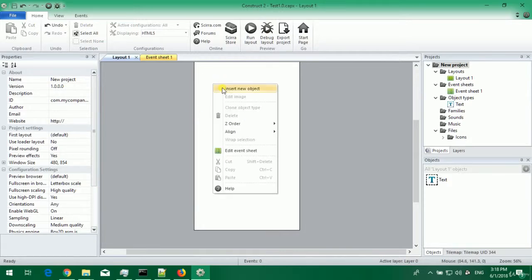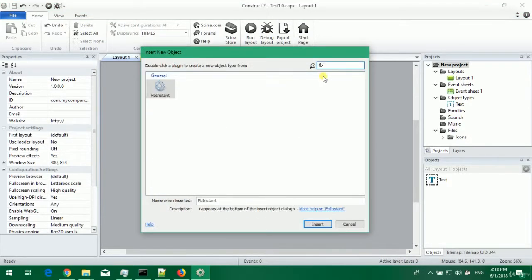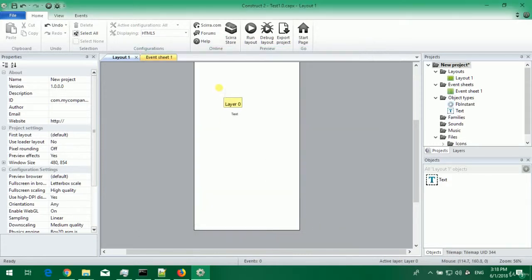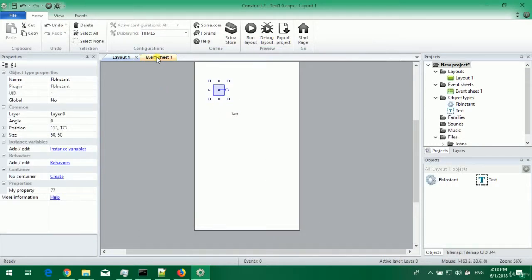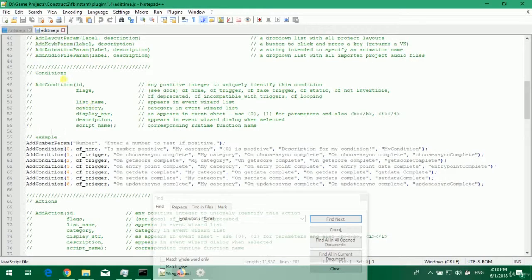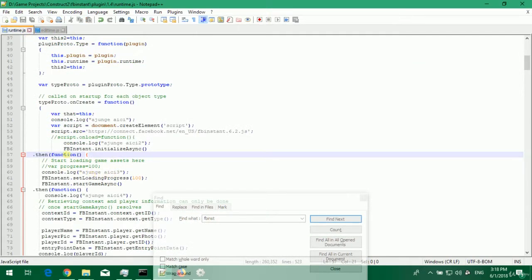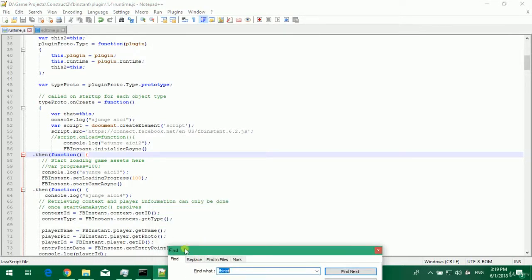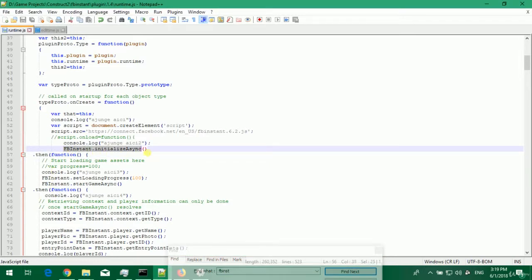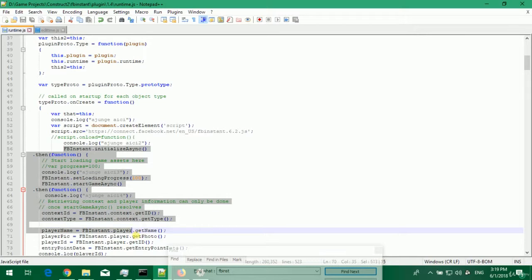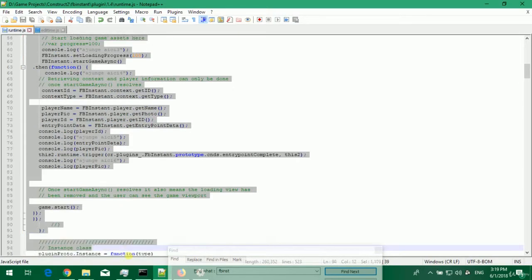Now inside the game we need to add the plugin FB Instant, add it to the game. The minimum requirements for a project to work is to have inside on create, this means when the game is loaded, this function: FB Instant initialize async. This function ends,